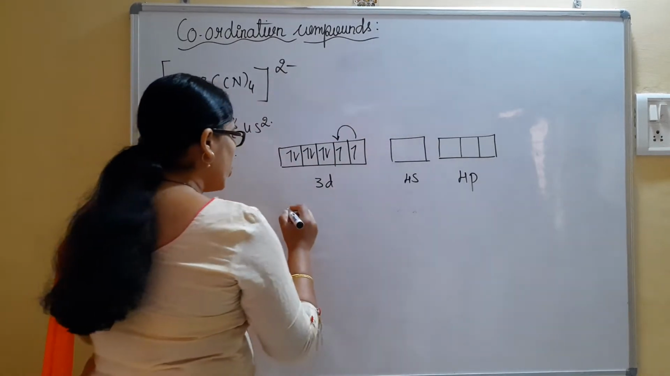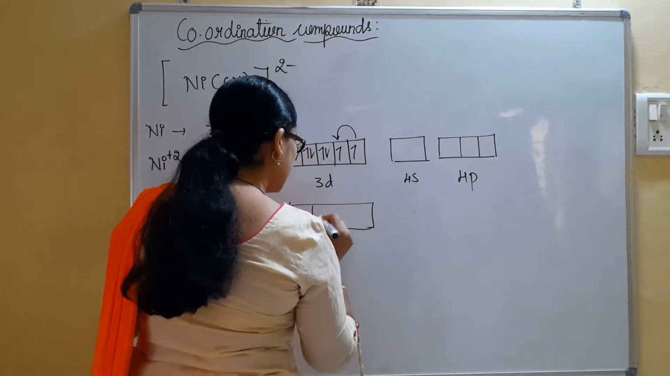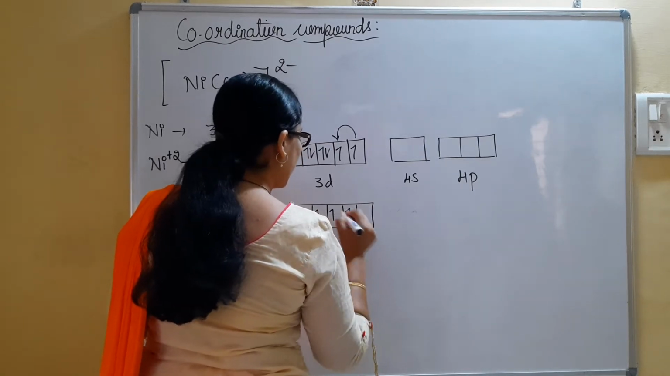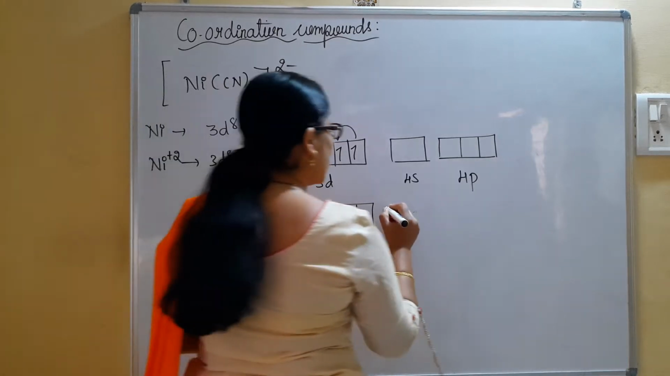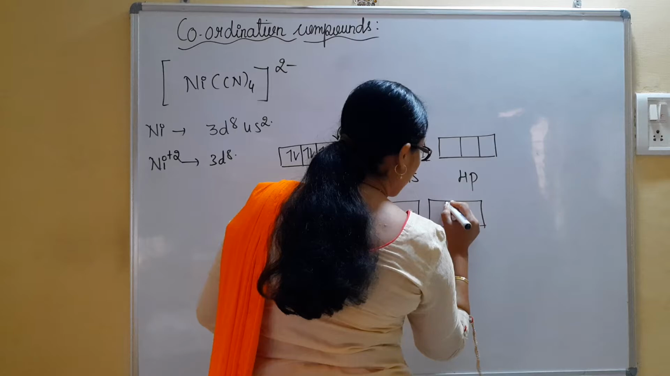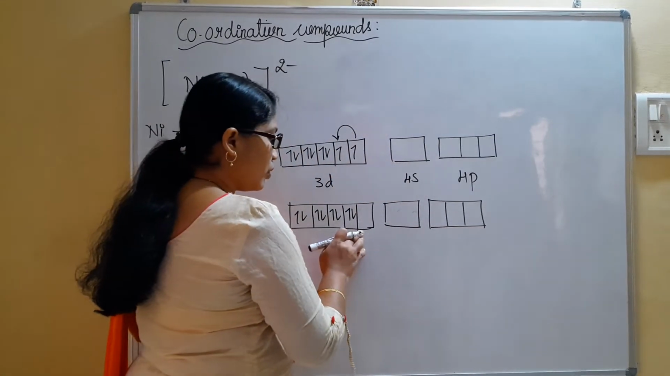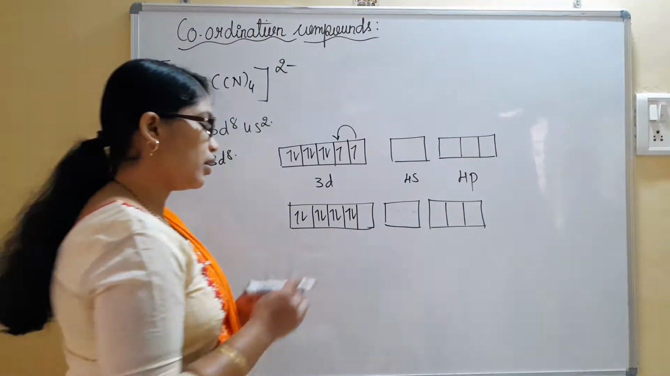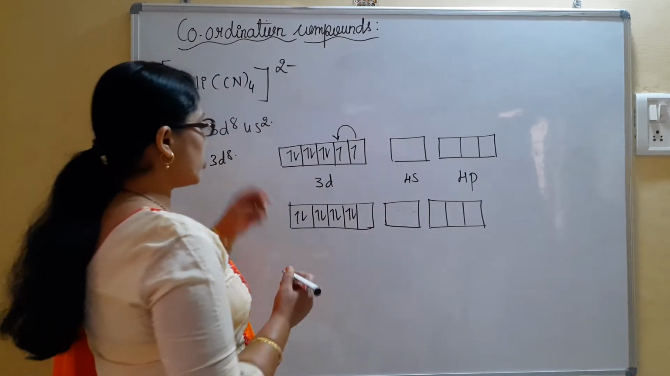So next, how would you see this one? It will be done with the pairing. 1, 2, 3, 4, 5, 6, 7, 8. It is empty now. Then I have 4s with me, and then I have 4p also. Let us give 4 places for the 4 ligands approaching the transition metal. So CN1,